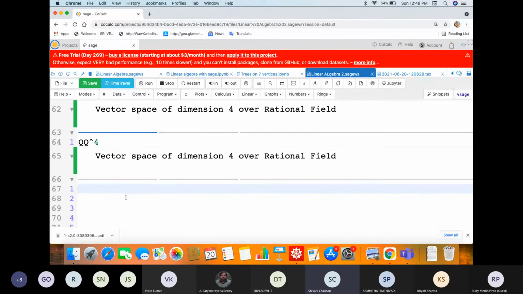This is one and the same thing. Now I have defined the vector space. Now let us define vectors.